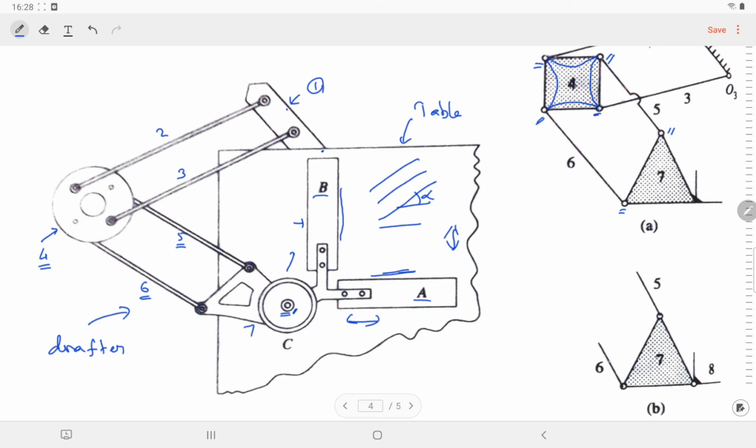Once you loosen the nut, you will be able to rotate it. At that time this piece is not going to be in link 7, so this has to be treated like a totally new link. So when the nut is loosened, it's denoted as link 8, and link 8 and link 7 are connected using revolute pair, and that has been denoted like this. If it's tightened, then this is the representation. If it's loosened, then this is the representation.